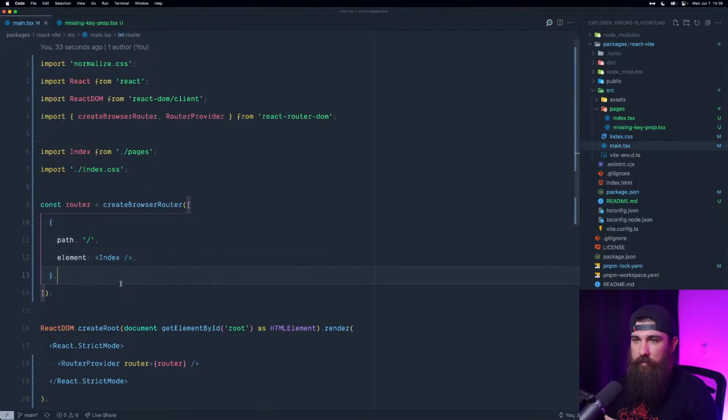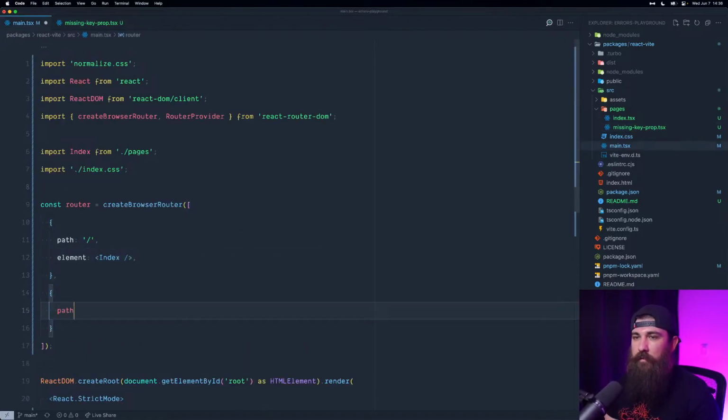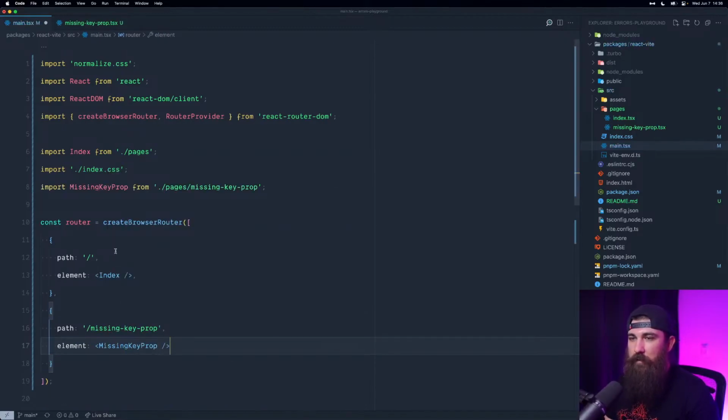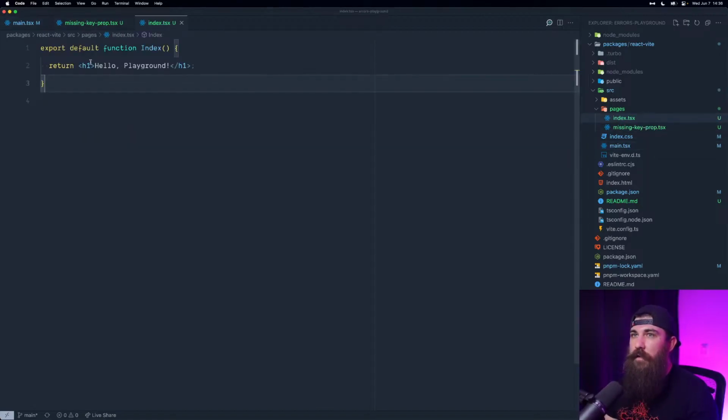Let's connect it now with a new path, missing key prop. The element is gonna be MissingKeyProp. Beautiful. Let's go to the index now and actually